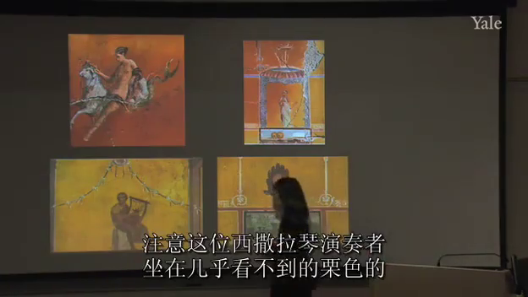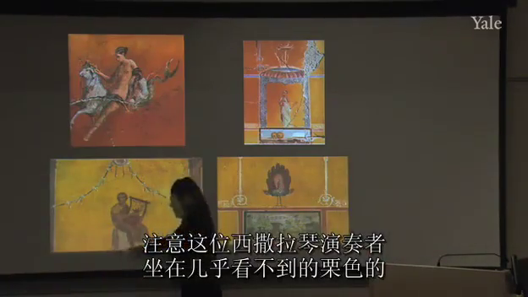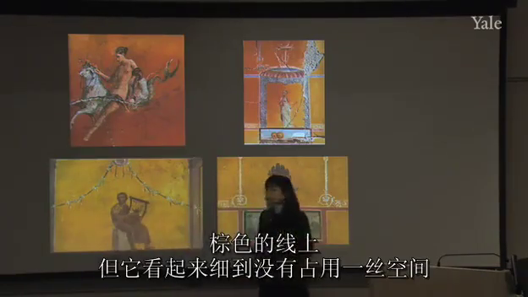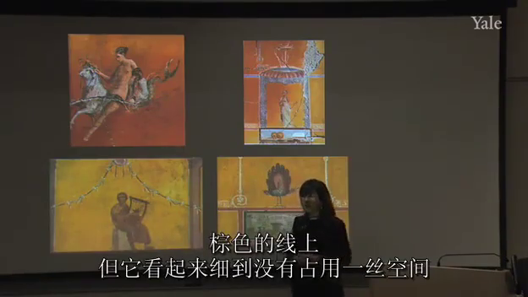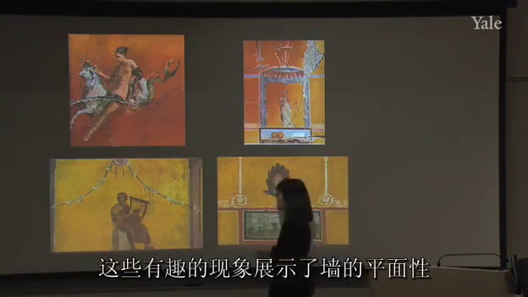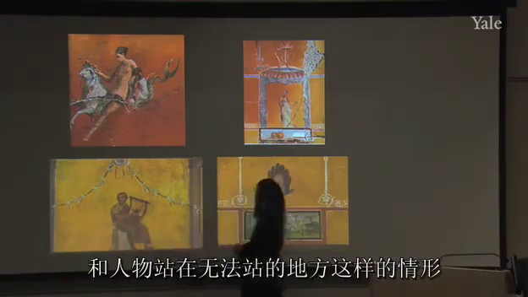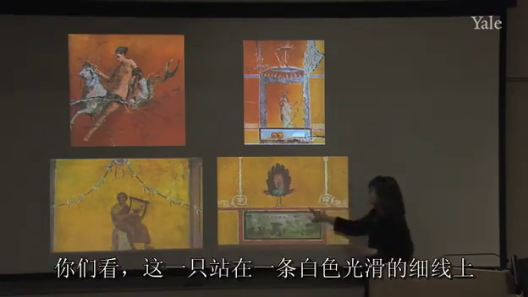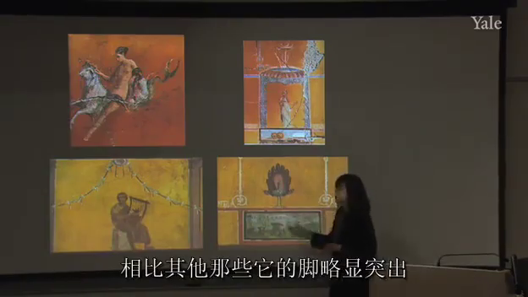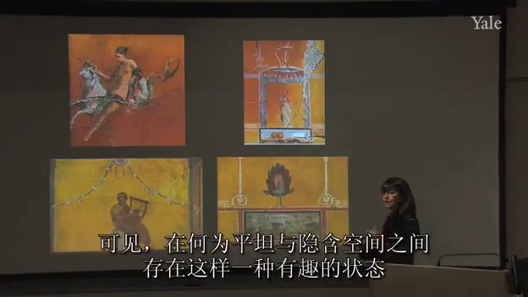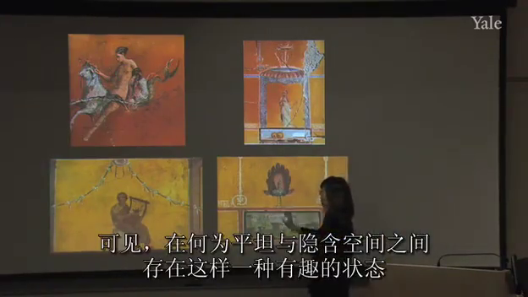Here we see the citharist sitting again where there doesn't seem to be, there is a maroon or brown line here, but it doesn't look like it occupies any space, so there's this interesting tension between the flatness of the wall and the fact that there's a figure that seems to be sitting somewhere where there's no place to sit. The same with the peacocks. You can see them, this one standing on this white flat line. His toes do seem to be projecting a bit over those, so there's this interesting tension between what's flat and what might have a hint of